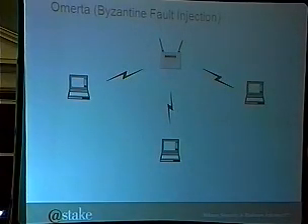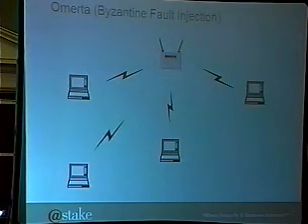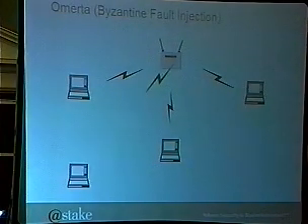The Omerta attack. If anyone's familiar with this presentation, they know that I like to do a live demonstration which demonstrates the utility of both the toolkit and also the need for arbitrary 802.11 custom security tools. What this is sort of a virtual demo of is you've got your 802.11 network, much like the one in this room right here. You've got your clients associated to the access point, and along comes your malicious interloper over here, starting to send out Byzantine faults. In this case, these are spoofed disassociation frames. Bruce touched on this disassociation attack in the last presentation, and we'll be covering it in a little more detail here.